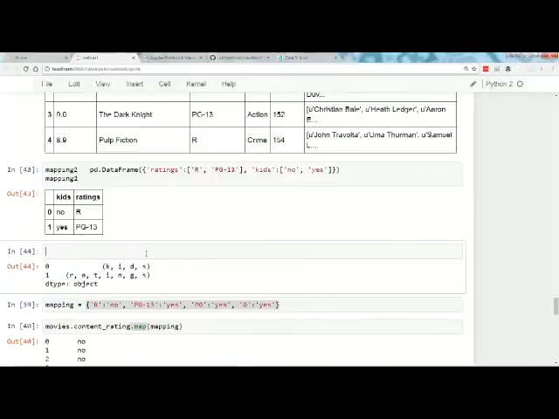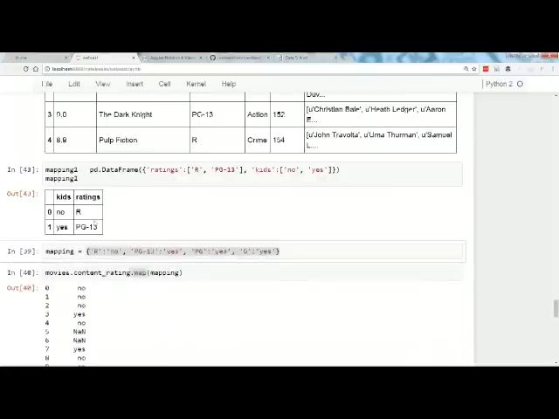I think the bottom line is, number 1, I might try to translate mapping 2 into a regular Python dictionary with this as the keys and this as the values. Alternatively, I might do a set index of ratings.